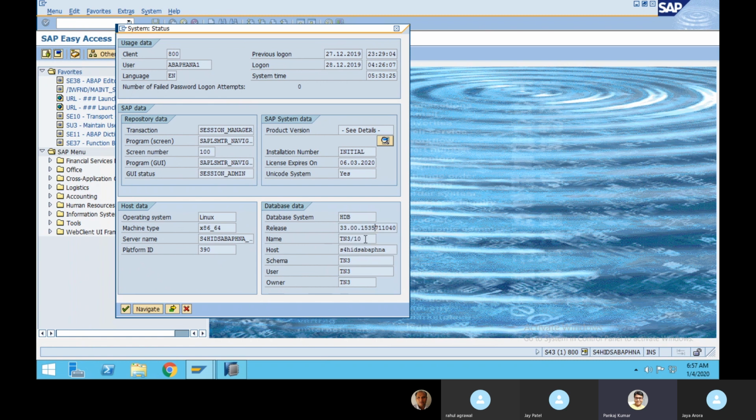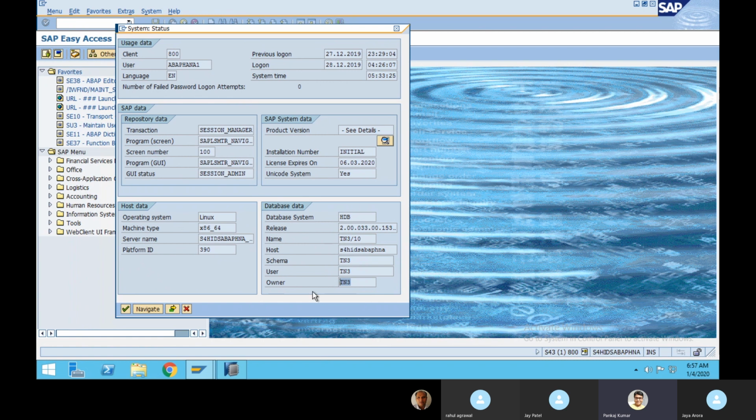Okay, and this is the name of the database, and this is the instance of the database. The host name, this is the schema name, this is the username, this is the owner name. They have kept the same name for their convenience.